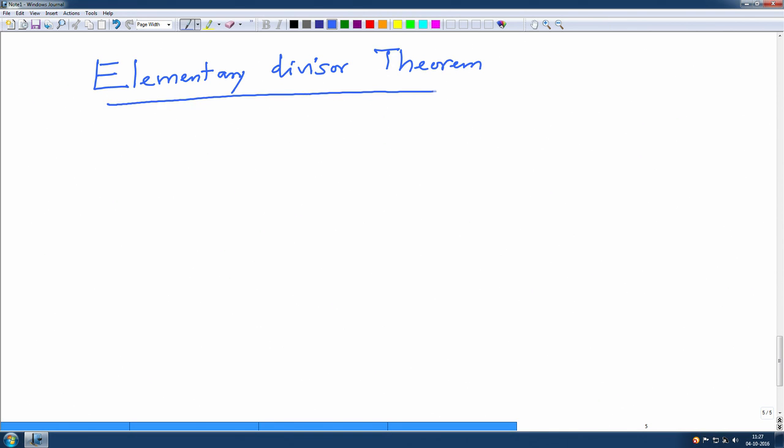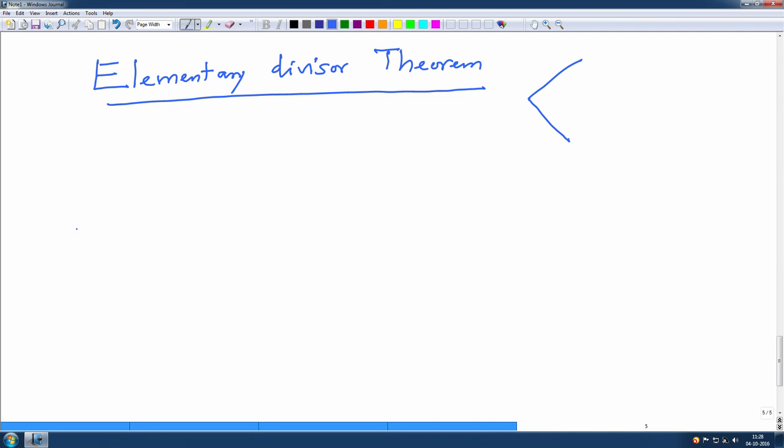And I will give two applications of this, one in the theory of finitely generated abelian groups and the other in number theory, solving systems of linear Diophantine equations. Both are very important for many scientists and engineers, especially solving Diophantine equations. Okay. So, that means we are dealing with now